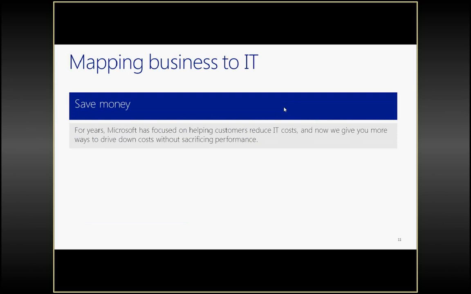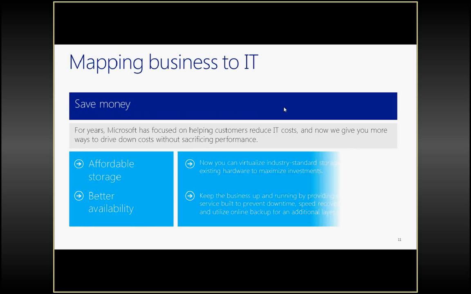Windows Server 2012 offers many ways that customers can save money. Here I've highlighted a couple of examples. First, affordable storage. With Storage Spaces in Windows Server 2012, you can virtualize industry-standard storage across new as well as existing hardware to maximize your investments. Second, continuous availability. With file system enhancements like Resilient File System, you can keep the business up and running by providing cost-effective services built to prevent downtime, speed recovery when needed, and utilize online backup for an additional layer of